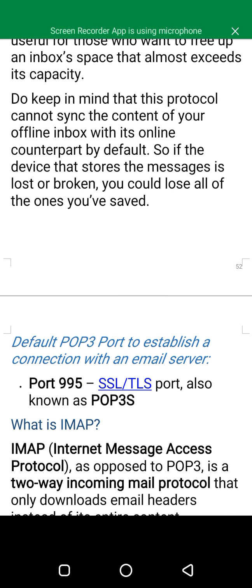So if you have your PC at home, or if your computer is always at home, it is better you use this system, because it keeps all your messages offline, which means that you can read them even without data. That is the advantage. However, the disadvantage is if you lose this one device where you kept all your emails and saved them, you lose them forever because they were all backed up there. Hope that is clear.